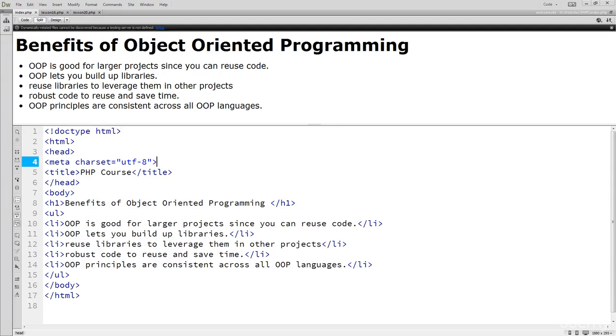When it comes to object-oriented programming in PHP, there are some definite benefits, and we've just listed out a few of the main benefits to using object-oriented programming. So we're just using it as short there as OOP, Object-Oriented Programming. So object-oriented programming is really good for larger scale projects because you can reuse the code over and over again,